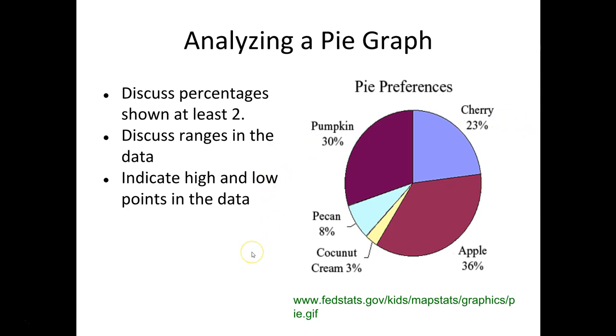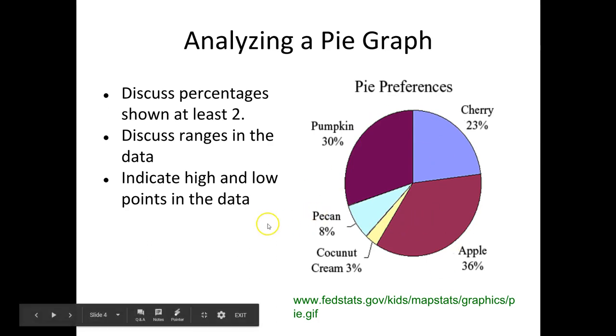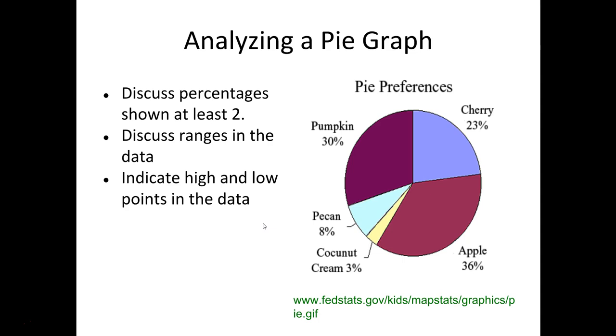If we're looking at a pie graph, we know pie graphs are used to show percentages of a whole. So here's the perfect pie graph, a pie graph of pie preferences. Again, I probably would fall in the 8% category here because there's nothing better than a nice pecan pie. But if you were to do this, you could discuss the percentages shown here and talk about